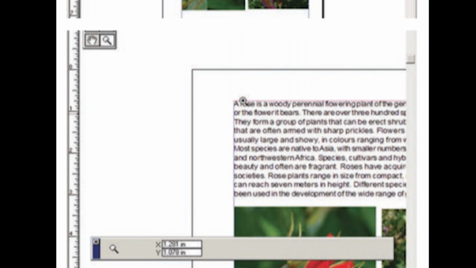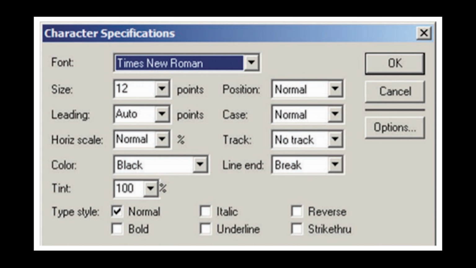Other than using the zoom tool, we can zoom by using the control key and space bar to zoom in, and to zoom out you have to press the control key and alt key along with the space bar. Okay, are you clear? And the next one is formatting a document. Here we can change the font size, font style, and the positions and everything using this formatting tool. For that we have to select the text first.